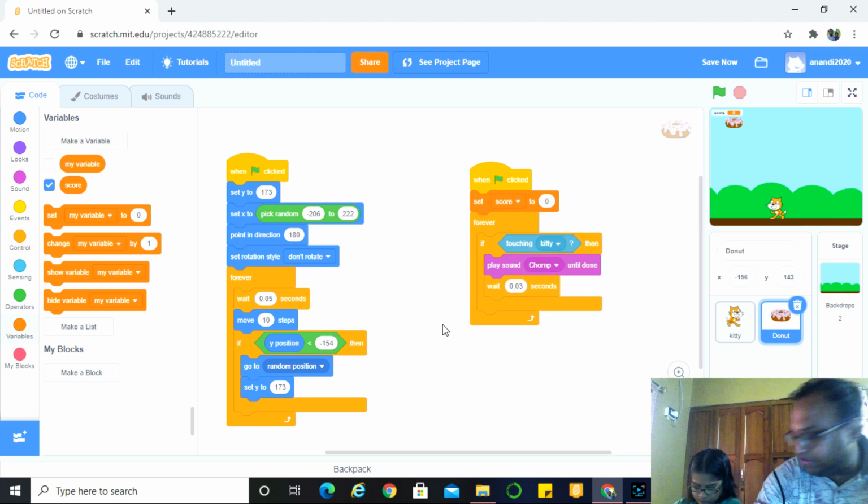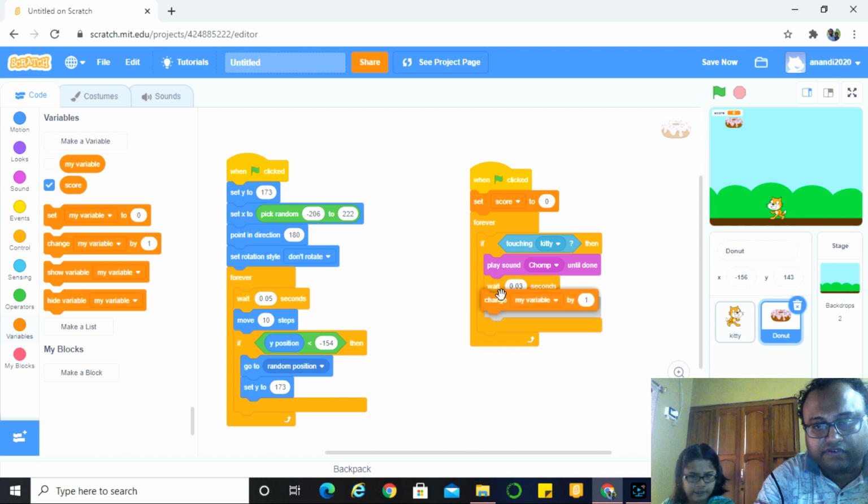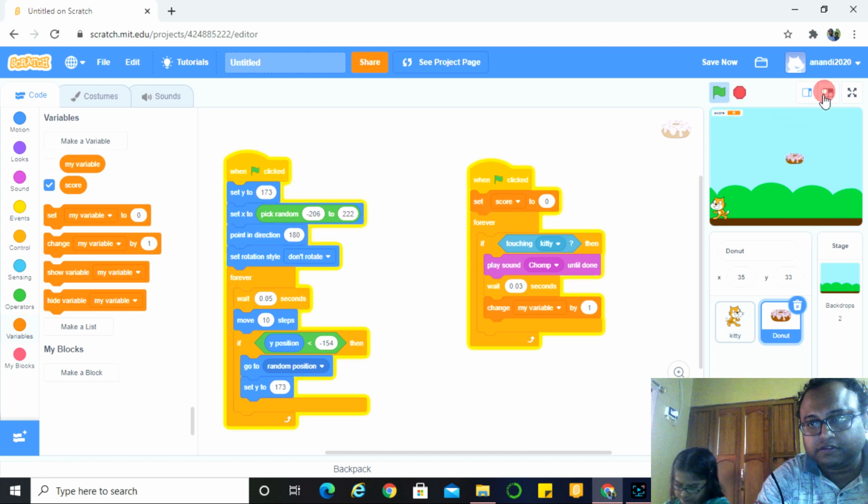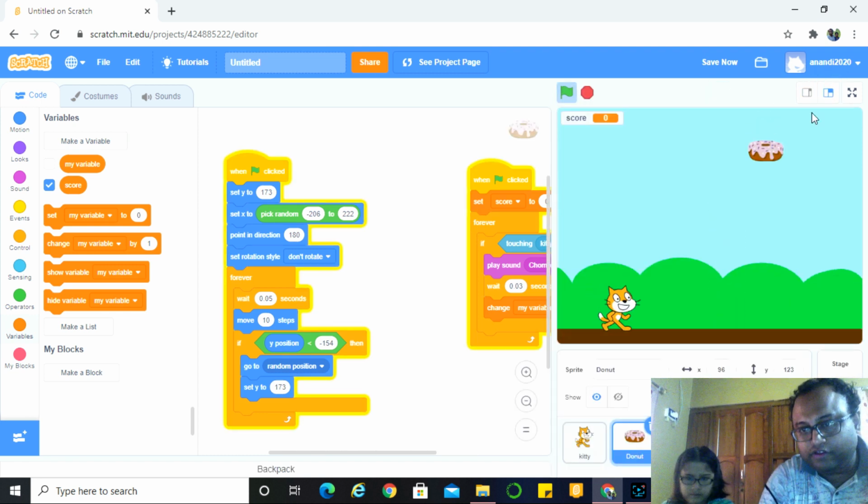When will it increase? When the cat eats the donut. So in the donut, when it's touching the kitty, the score will increase by 1. Okay, let's test. So I'm going to eat the donut.